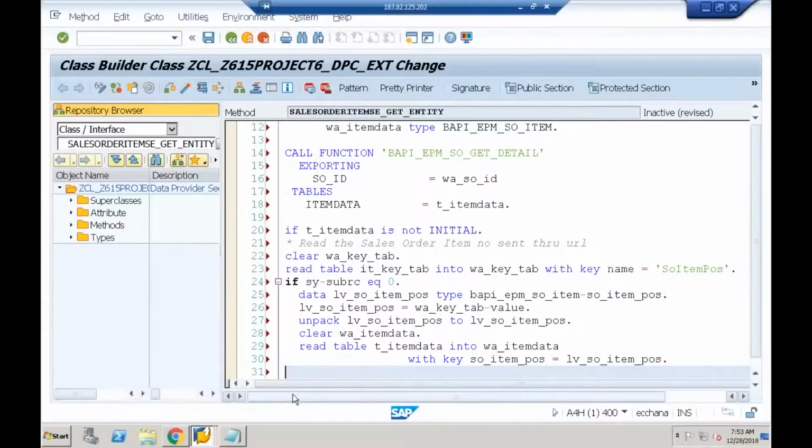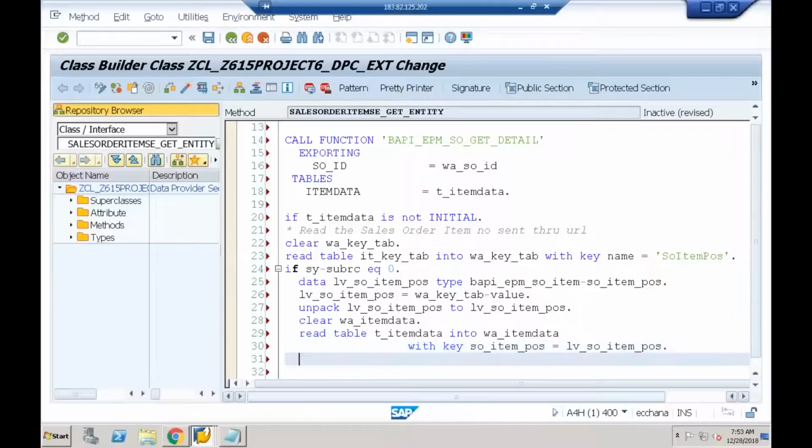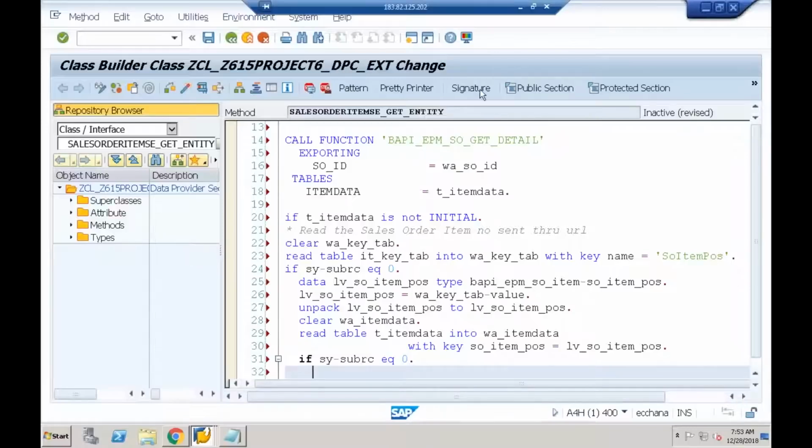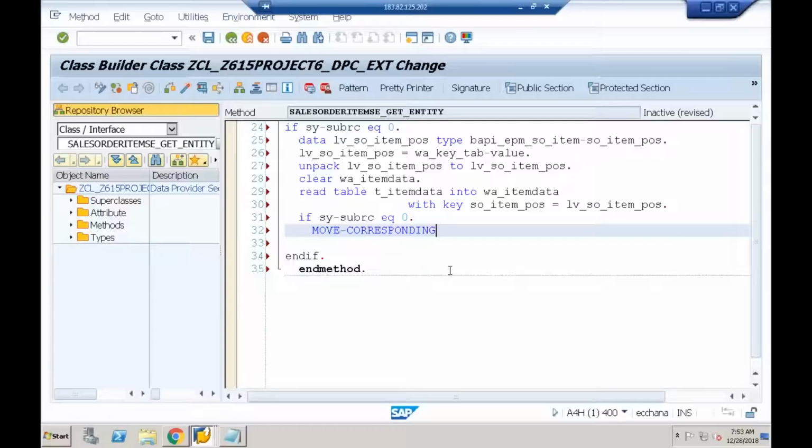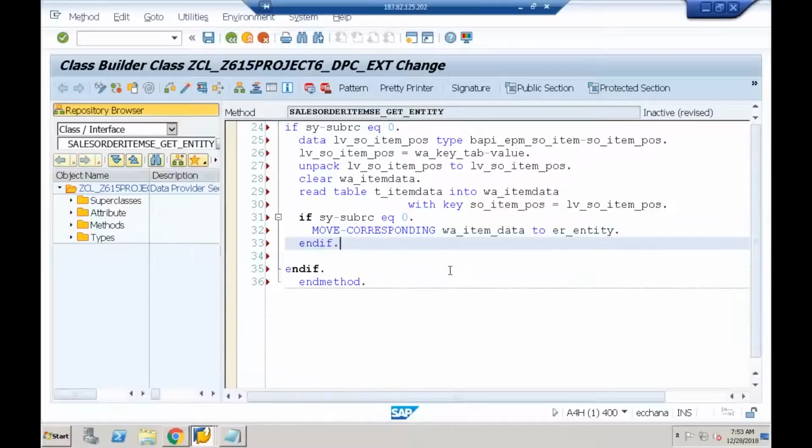Then what we'll do here, yes, here: if the size of ours is equal to 0, I need to return what is the parameter here, er_entity, that it is of type also done. So I'll say move corresponding, what is that, w_item_data, move corresponding w_item_data to what, er_entity. I need to close all the things here, and if,